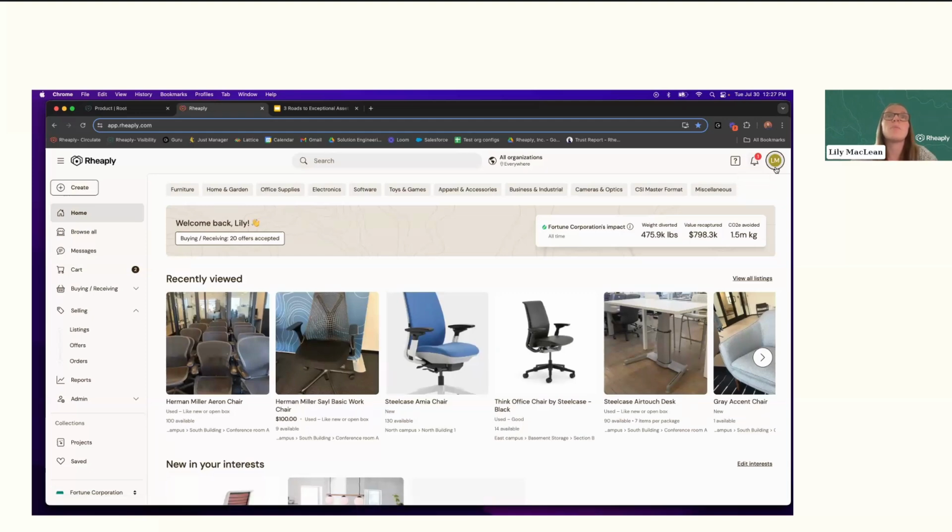We also have ways to associate people with a team. So if I'm part of a certain department and I have a little bit more ability to post assets than someone else, we can associate people with a team as well. So we have a lot of checks and balances. We can have approval workflows. There's a lot of flexibility in our tool to meet your business needs. It's important to call out that flexibility, because each of the organizations we work with has an idea of how and who they want to involve in the program.